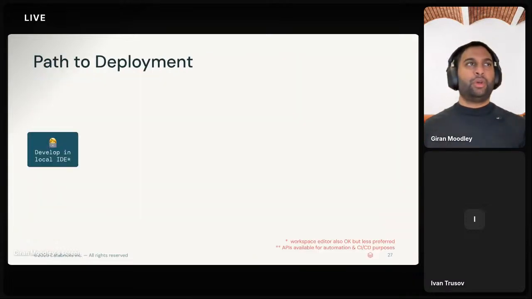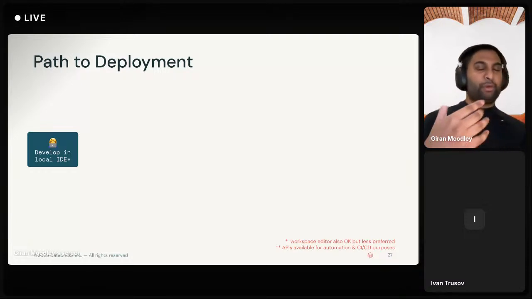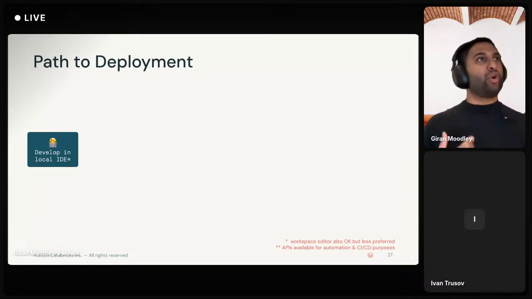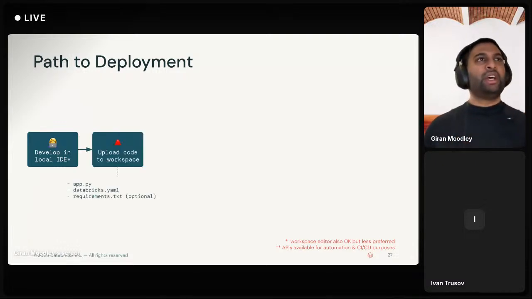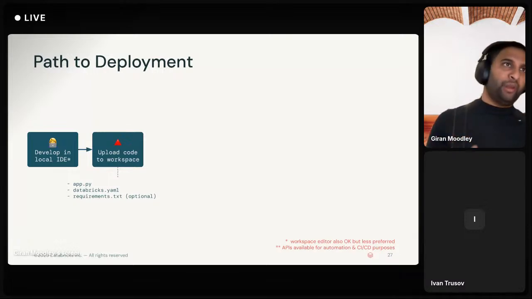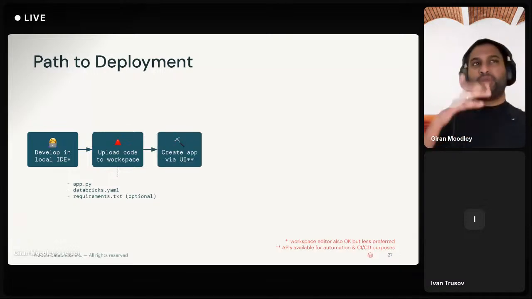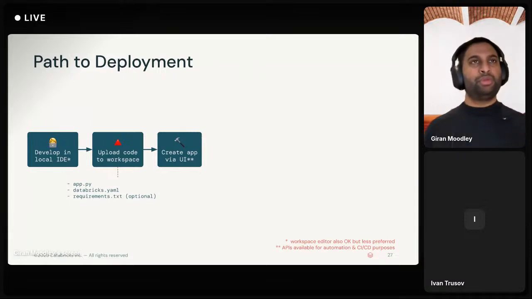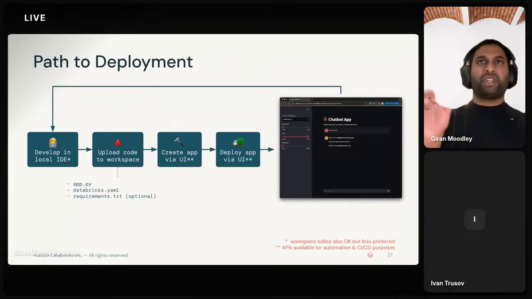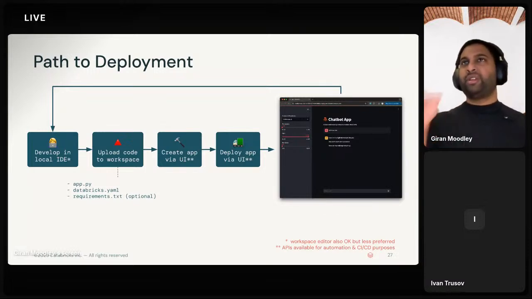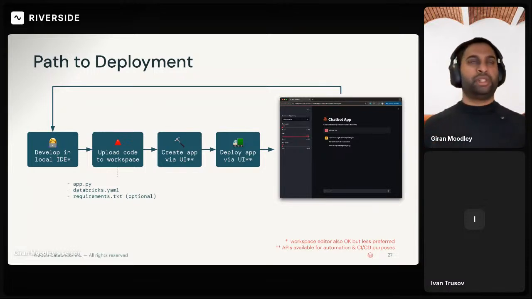Okay. When it comes to deploying these applications, the recommendation, like most things, is to develop your code locally, check that there are no logical errors, and make sure you run your tests. And then when you're ready to proceed, you publish it to a workspace, which is what we've done in the previous example. You can decide to create the app using the UI or through the API. And once that's deployed, within a few minutes, we'll provision the application compute, and then your URL should be accessible as well.